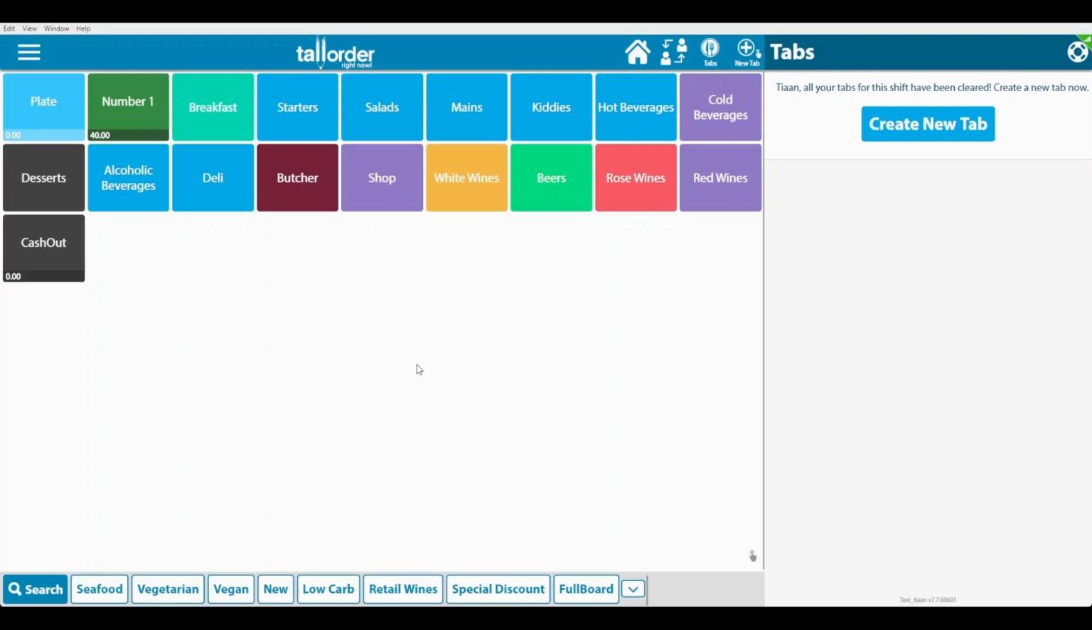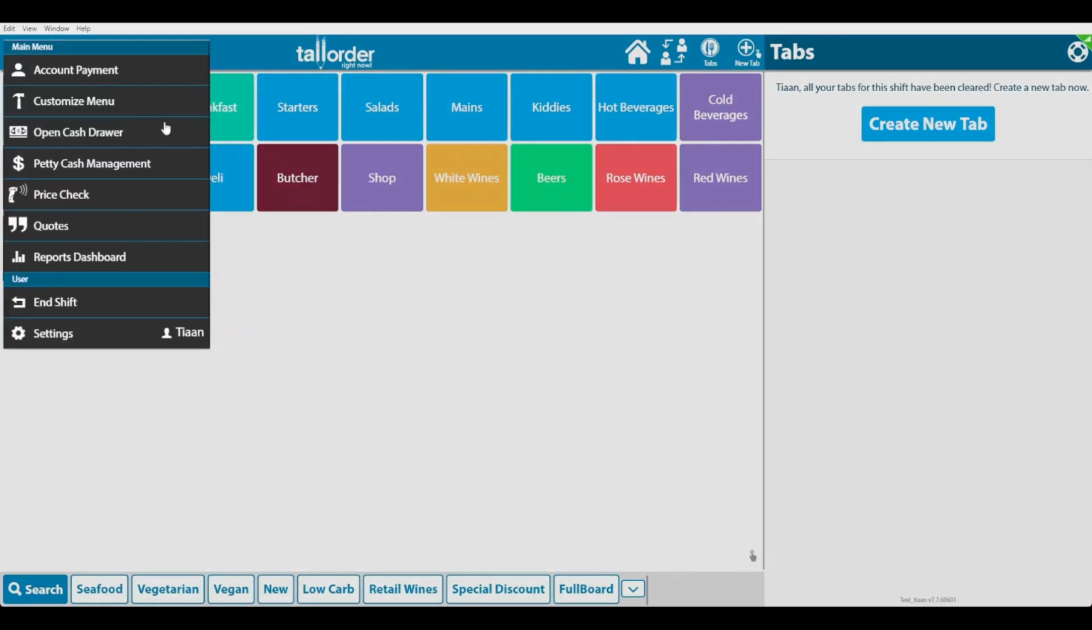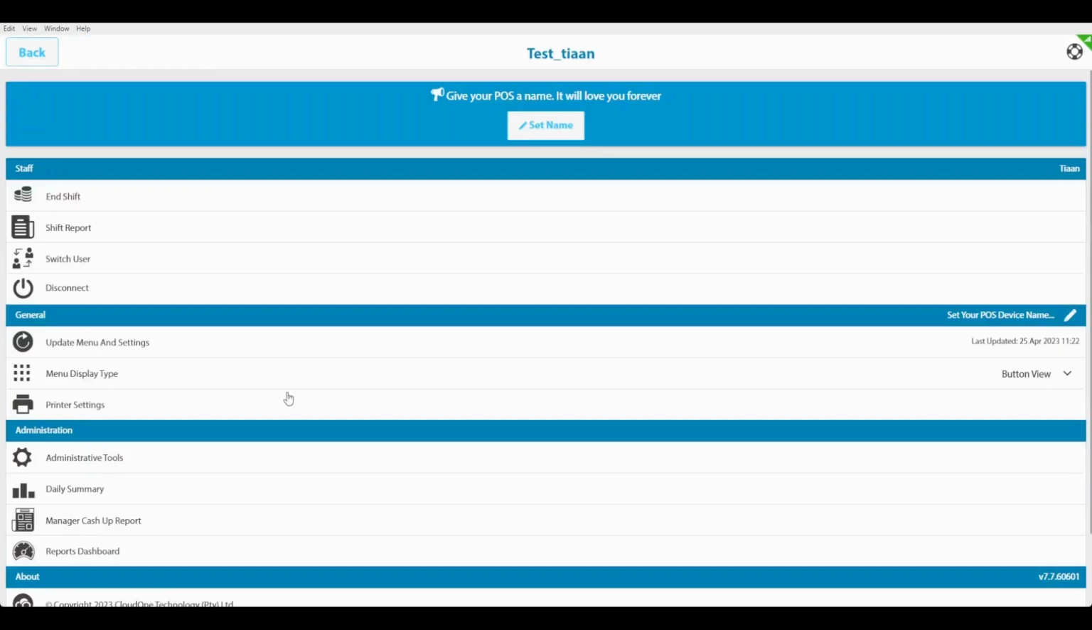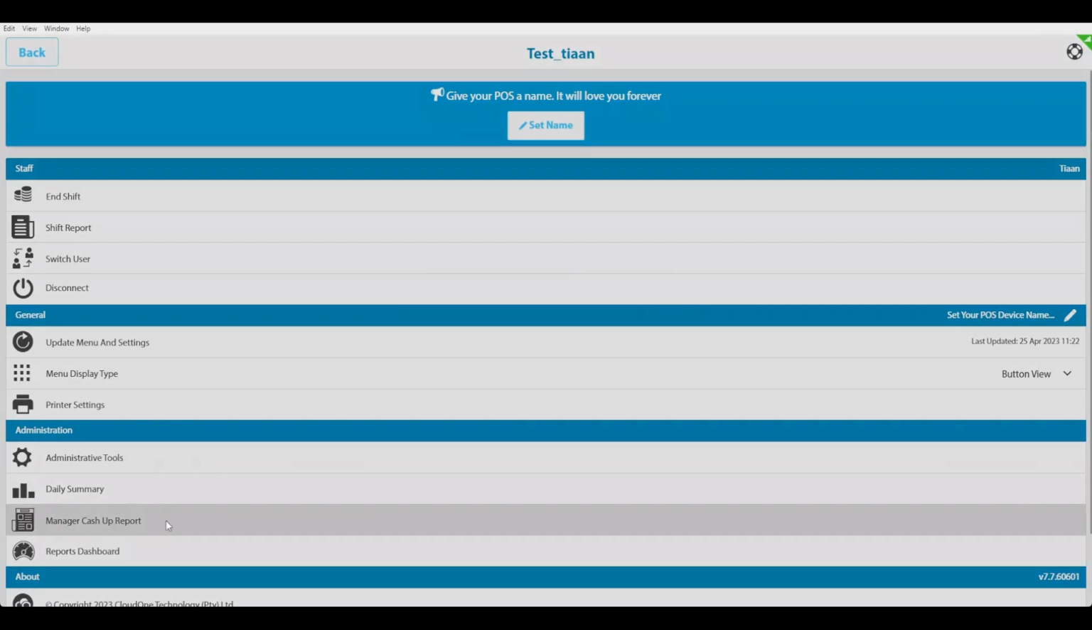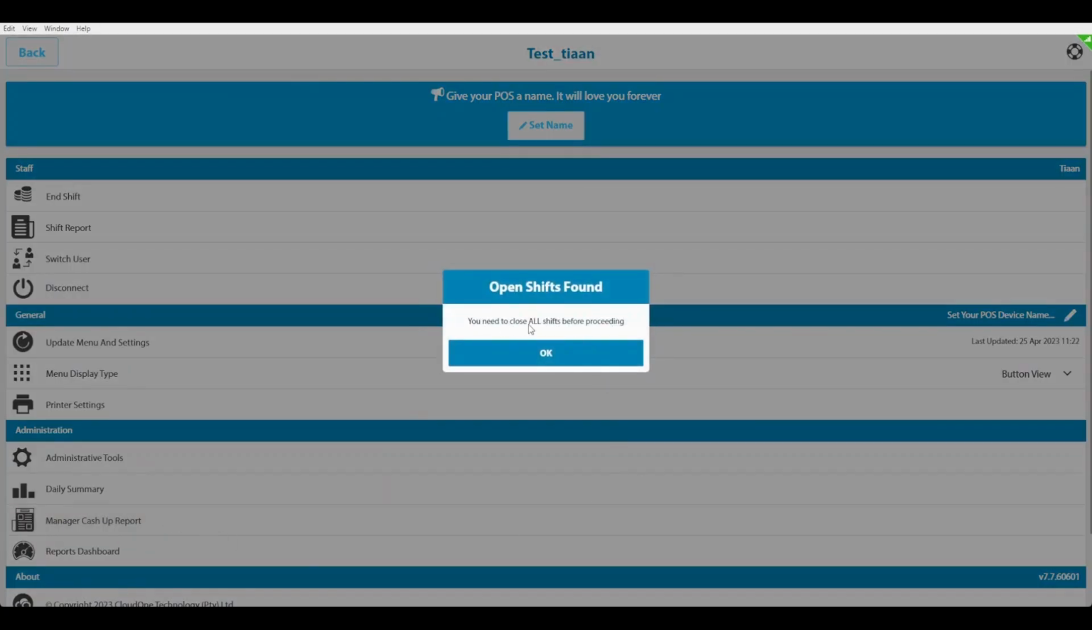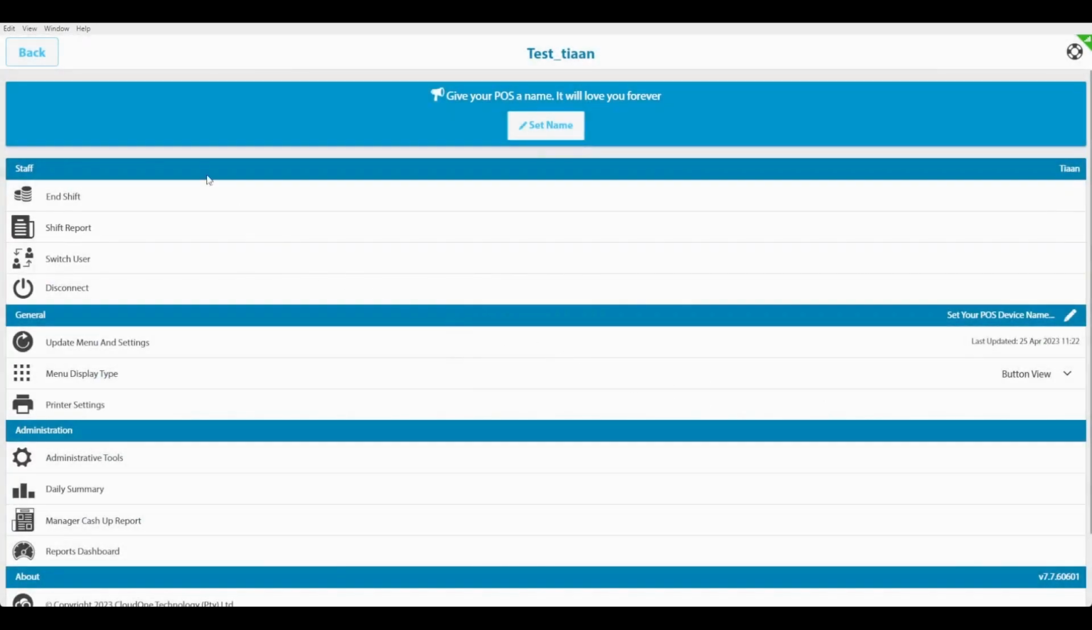To do this, go to the settings, which can be found at the three horizontal line icon. Then select settings. From here, if you look here, you will see Manager Cashup Report. Something to note is if I click on this, you will see that it says you need to close all shifts before proceeding. To close a shift, you will select End Shift,